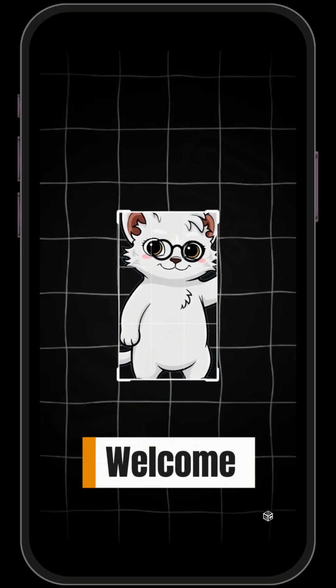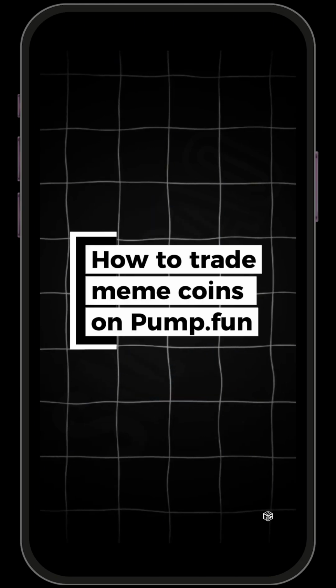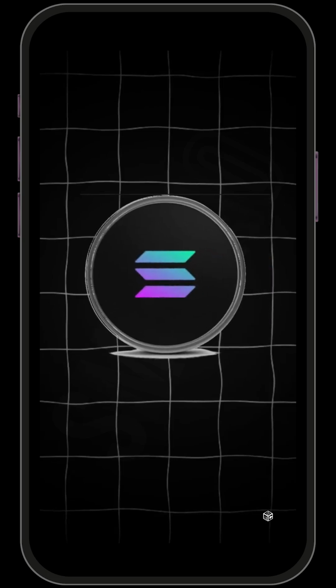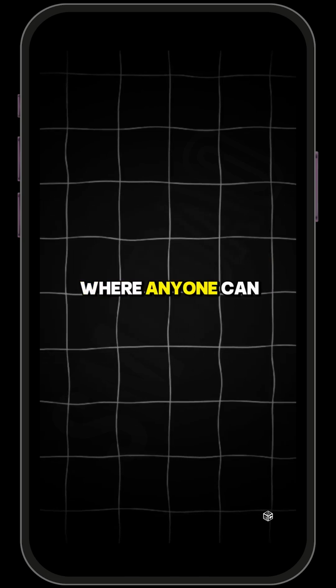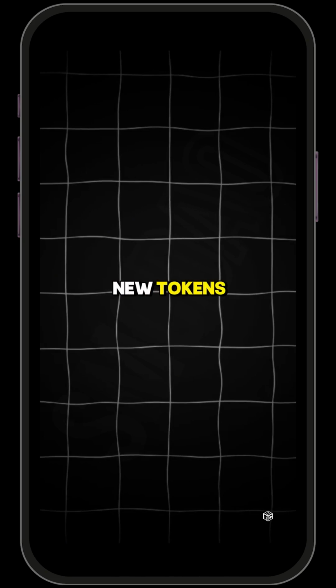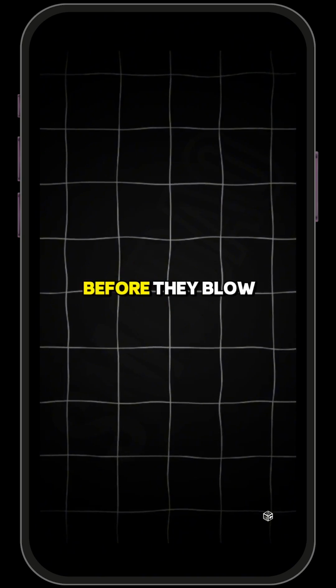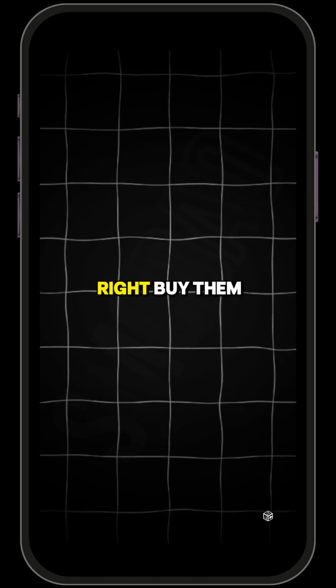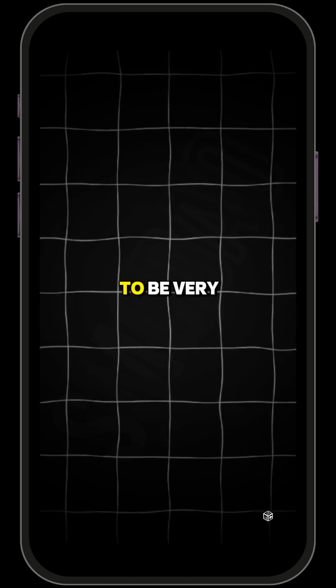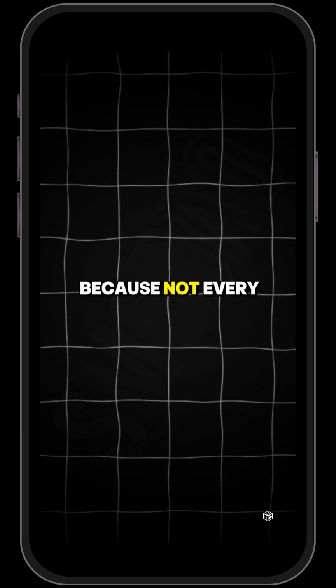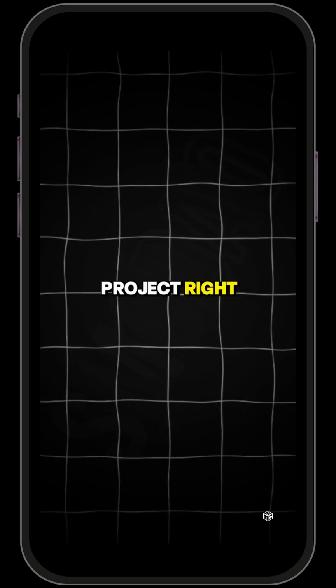In today's tutorial, I'll be showing you how to trade Memecoin on Pump.fun. So Pump.fun is a Solana-based platform where anyone can create and trade new tokens in real time. One of the advantages of using Pump.fun is that you can spot new projects early enough, get on them before they blow up and become popular, and buy them very cheap. But you have to be very careful trading on Pump.fun because not every project is